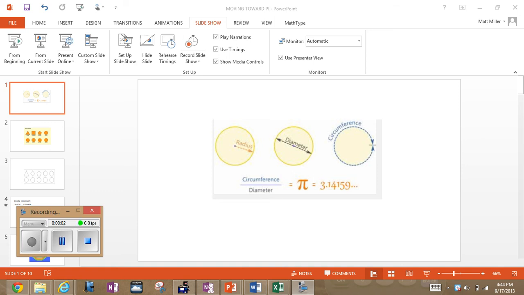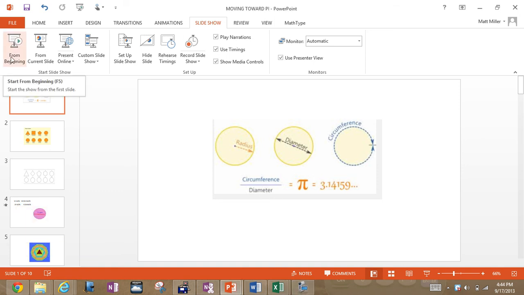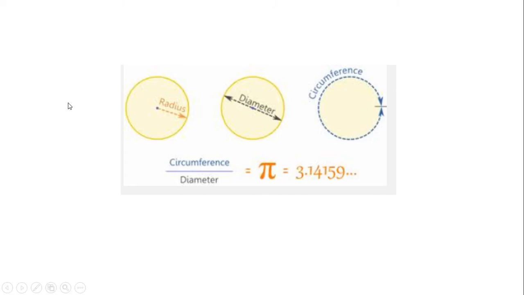All right, now we're going to talk about how we can come up with the value of pi, approximate the value of pi. Now, we already said that in any circle, if you take a string and wrap it around the circle, stretch it out, that's the circumference. If you take a string and stretch it across, going through the center, that is the diameter. And if you take the circumference length divided by the diameter for any circle,